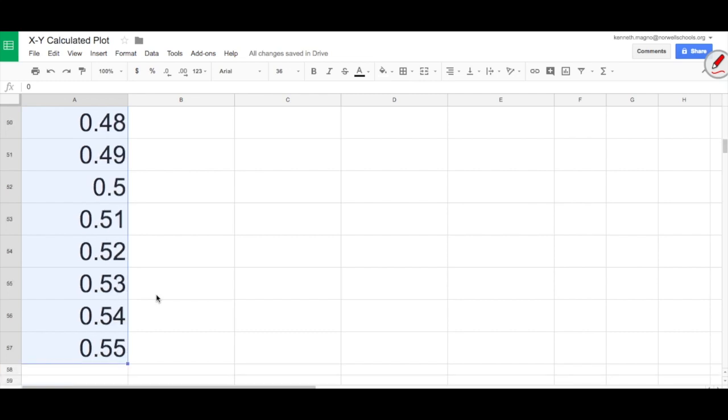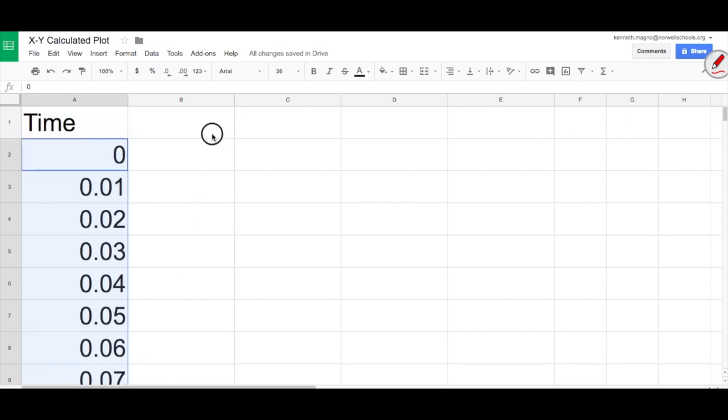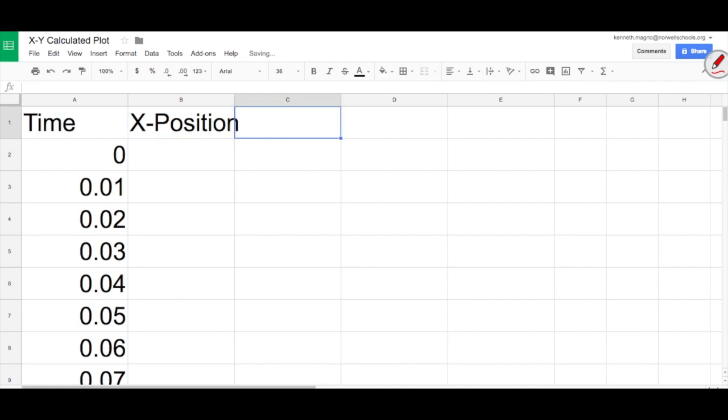And I've got my times. Now, the first thing I need to do is put my X positions in. So this is my X position. Okay. And then my other column is going to be my Y position. Okay. And if you remember, we just talked about the fact that the equations are going to equal